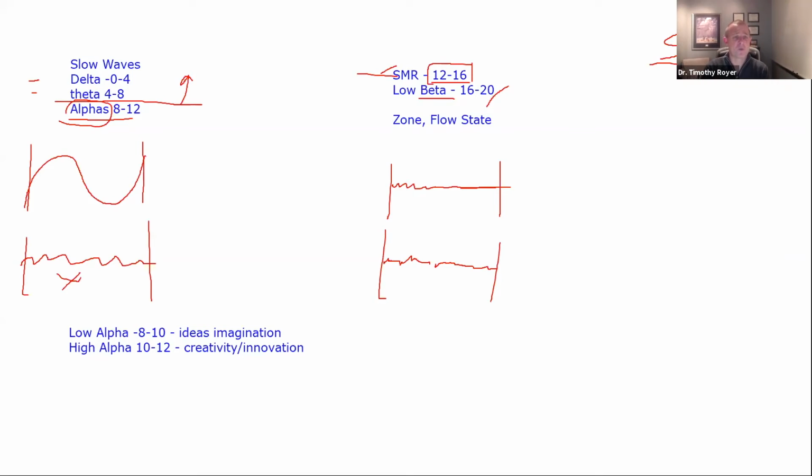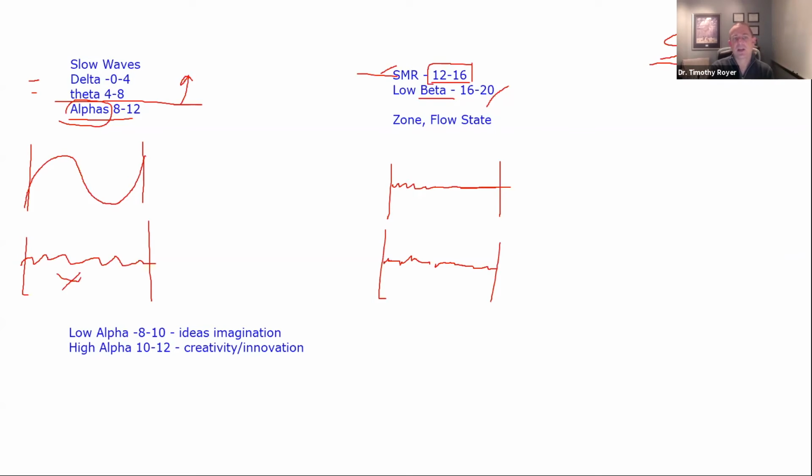So he started to reward them every time their brain dropped into 12 to 16 hertz. And then he started to look at the baseline of how much SMR they had over a certain period of time. And what he noticed, which you can imagine, is the cats that he was giving reward to for every time they went into 12 to